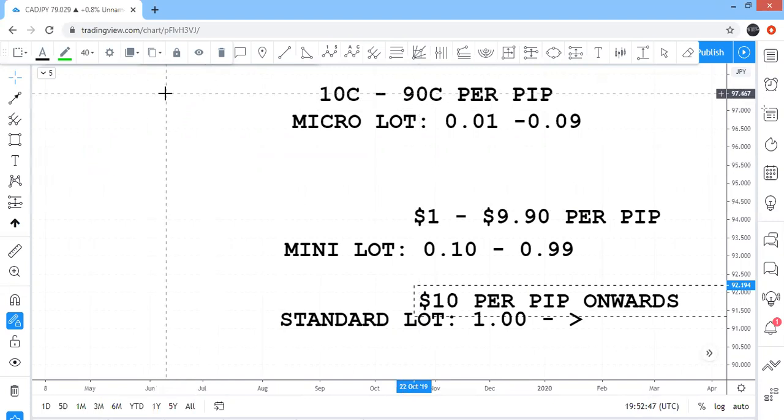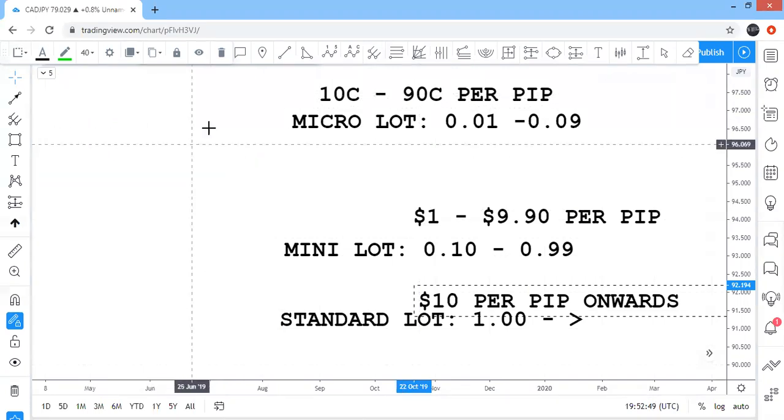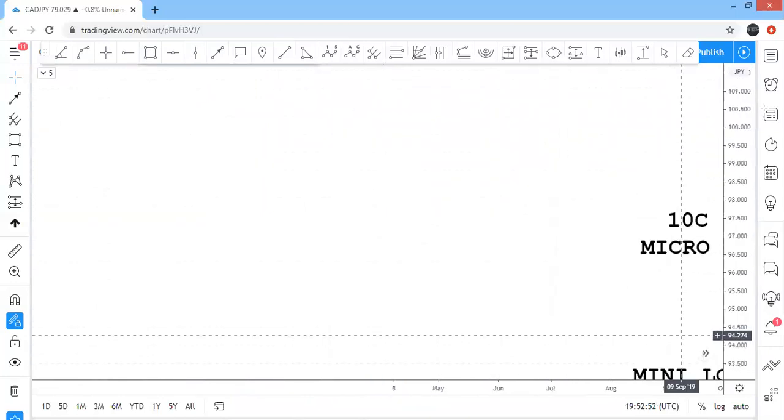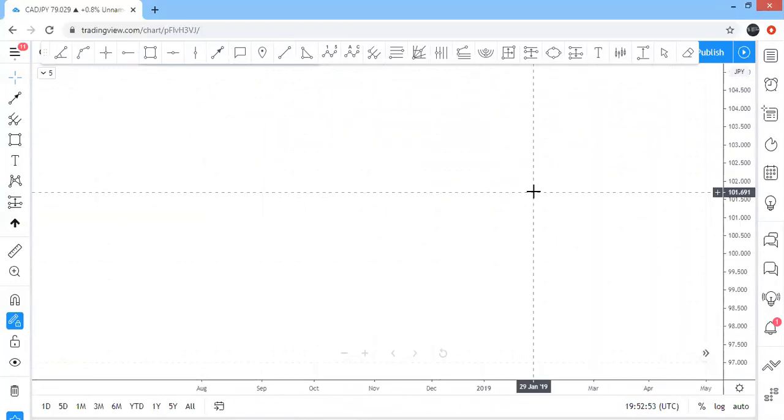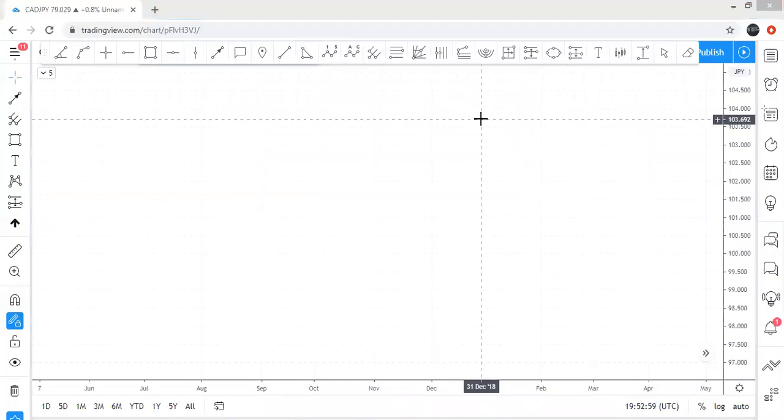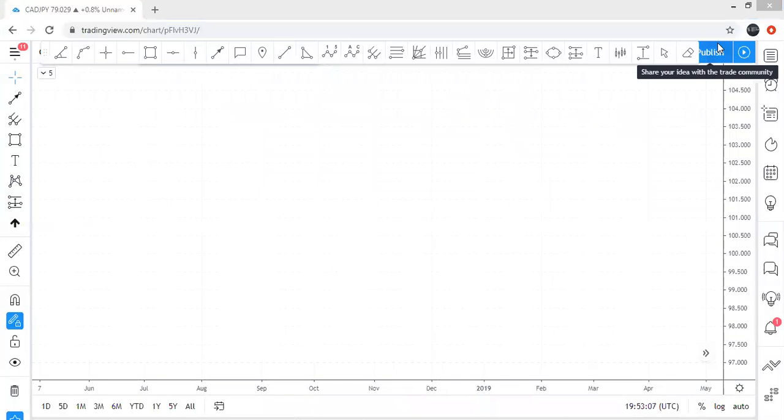So now let's talk about pips. What is my expectation of you as a beginner for pips? Does anybody remember? Expectations for beginners. How many pips are you to make a week? Now, I do remember, someone has to refresh my memory, that I'm giving a grace period to beginners for a month to learn the craft and make 300 pips a week.